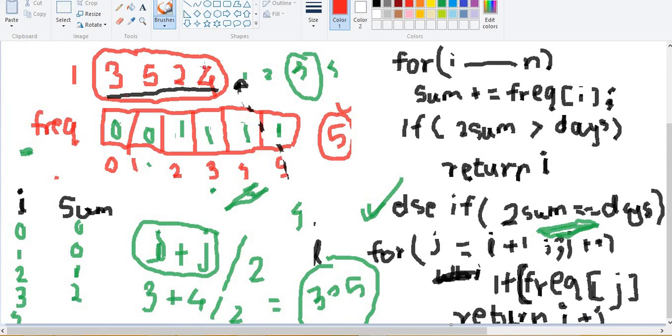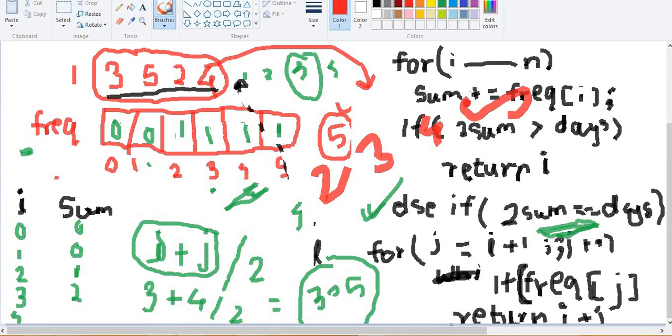For these 4 elements, the sorted array would be 2, 3, 4 and 5. Generally the median for even numbers is half of the sum of 2 elements. So this is the case, and this is how we can find the median using counting sort.